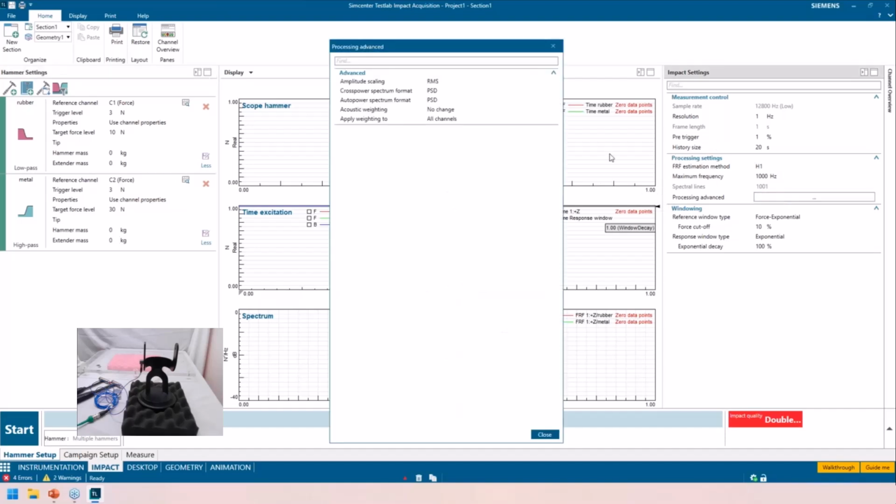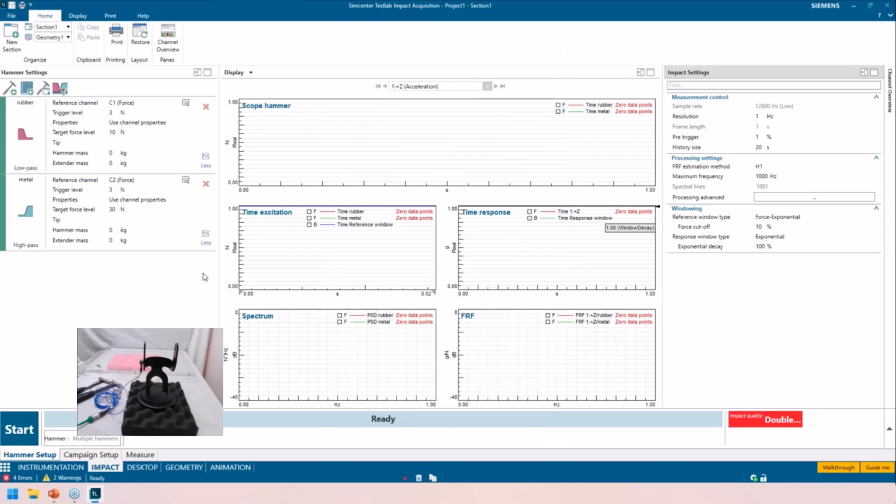Processing advanced is where you can choose how everything is scaled. And like I said, these are variable. If you don't like these settings, you don't have to use them. This is designed to just quickly take data and then come back and mess with the settings to make it what you need it to be, especially if you're doing really large tests. Like I said, the really cool portion of this software is that if you have 800 node tests or something like that and you screw up, it's totally okay. You do not have to worry. You can keep saving data and keep reprocessing data on the fly. I have a force exponential window with a force cutoff at 10%.